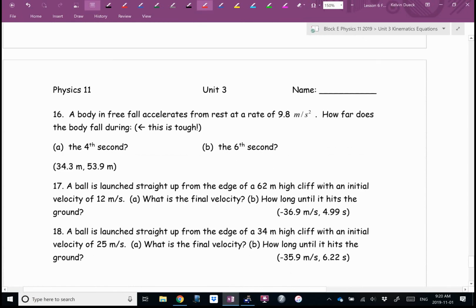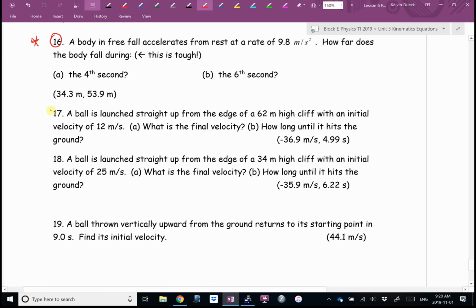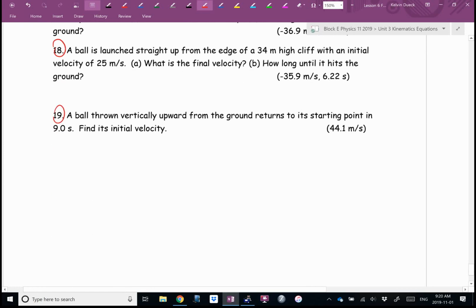So here's your challenge question. I have not talked about number 16. I'm going to put a star next to it. That's my way of saying this is to see if you can have that aha moment. I'm going to challenge you with that one. If you remind me, I'll explain it next class if you're stuck. 17, 18, and 19. It's a lot, but short lab next class, and then the rest of the class is yours also to work on this.